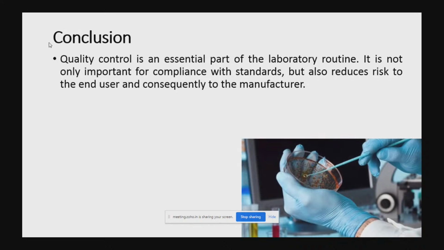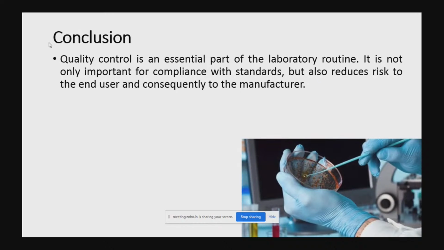So what about the past? In the past, due to lack of innovations, we were using many conventional techniques like glass plate and glass spreader. We were even using a copper loop. Multiple times we would heat it and utilize a single copper loop multiple times. But the scenario has changed.